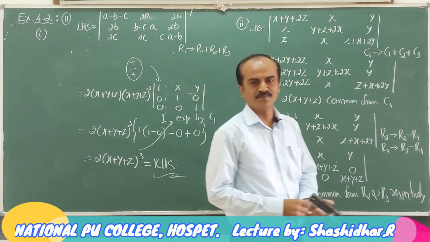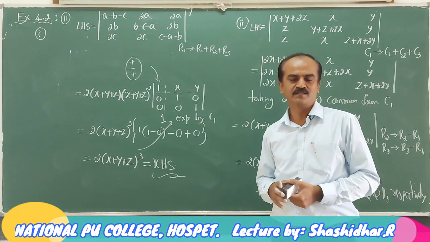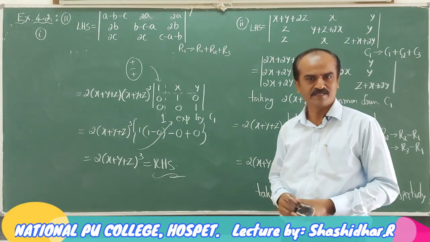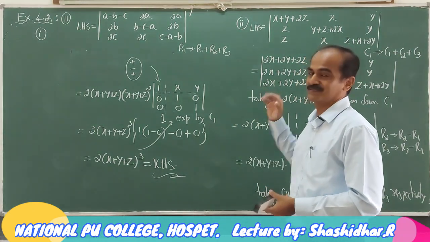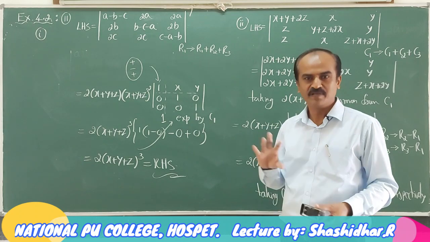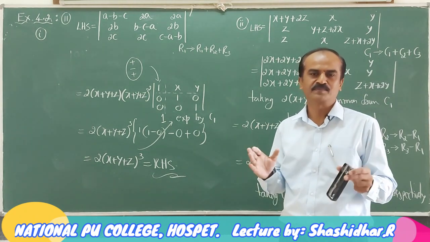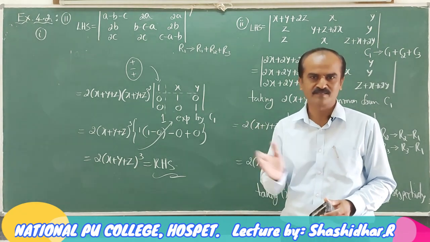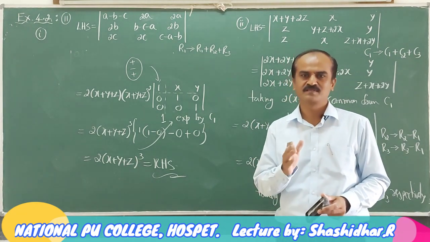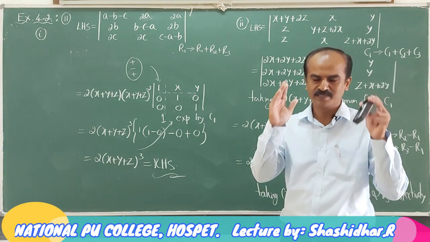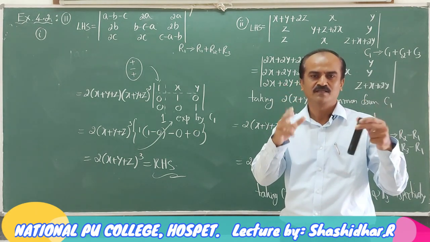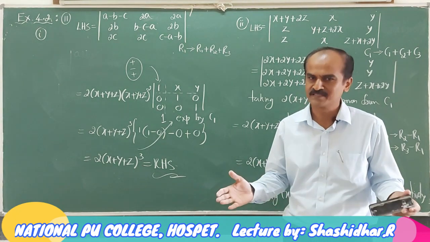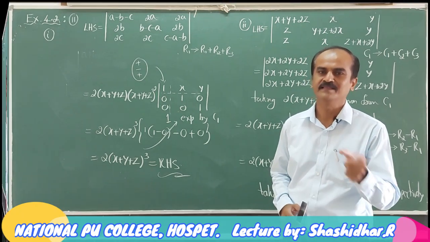So in these examples, more importantly, we need to practice to observe the elements of the determinant and what result is going to be proved. Based on that, accordingly, we need to plan the row and column operations. That will come by practice. If we practice as many examples, then by just observing the determinant elements, you will definitely be able to plan the row and column operations. There is no fixed procedure for this. Okay, we take the next example.